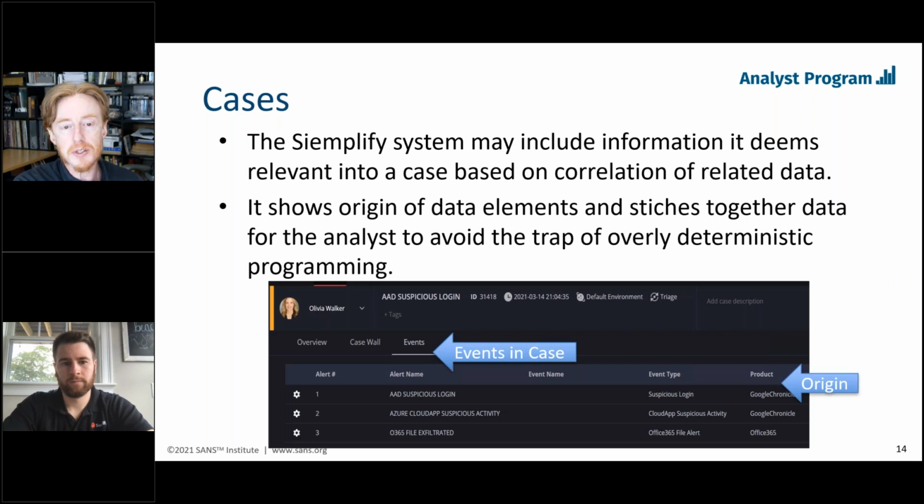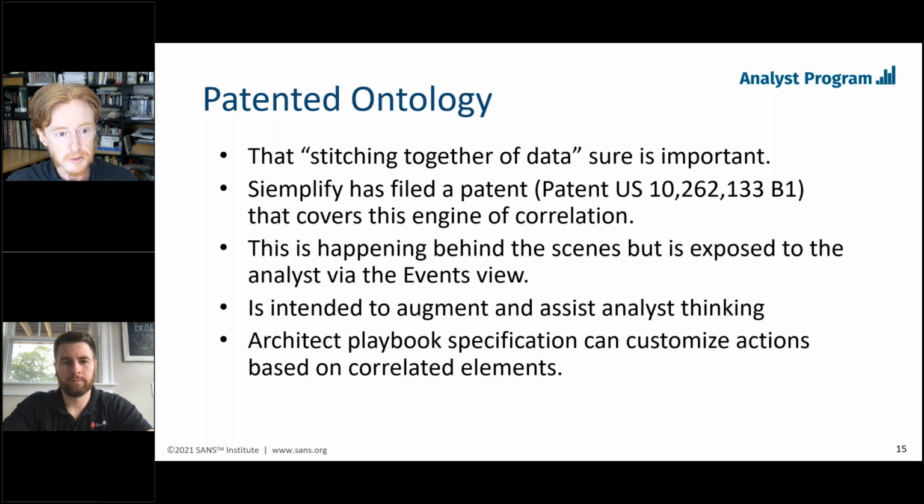And this helps us move away from a very deterministic sort of approach and allows us to have more of a matrix kind of view of information. The tool is managing this for us, and that stitching together is something that Simplify saw as a critical element of their tool. And anywhere that a company goes to the length of patenting something, I'm always curious, right? It's one of those things where this is essentially the secret sauce, where the company is saying, this is what differentiates us.